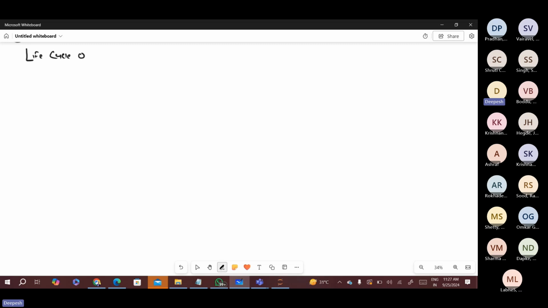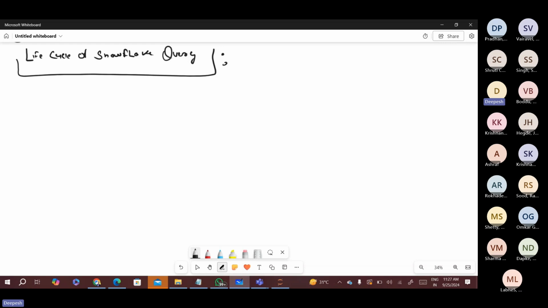Life cycle of Snowflake query. Yeah, so this is important, so please look around it. The very first thing,